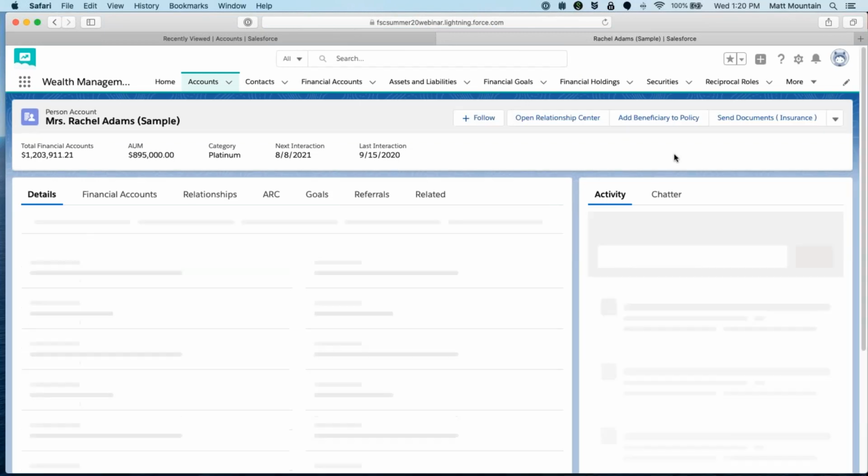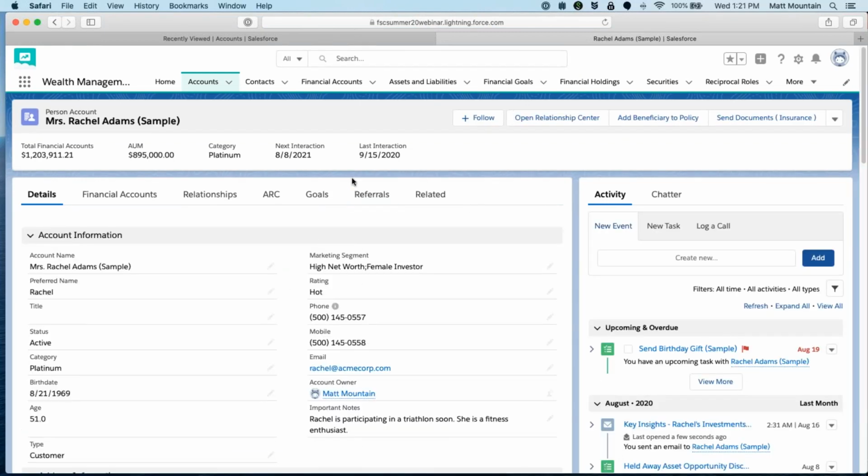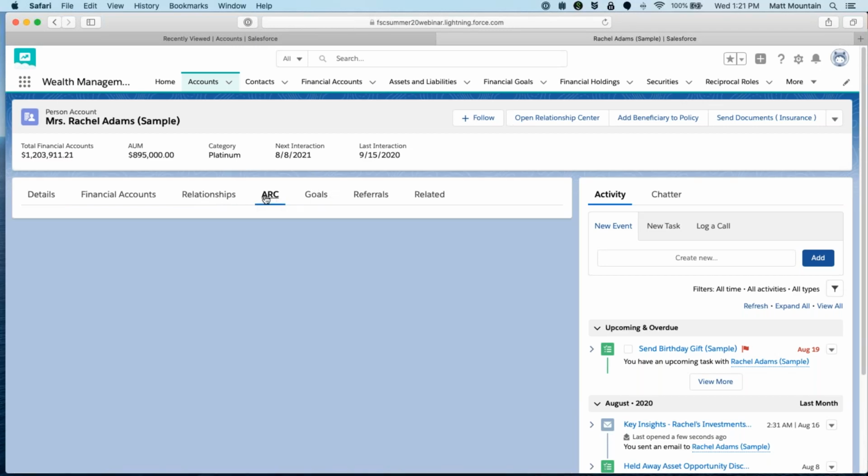Now, implementing the ARC into production, you're really going to want to do change management and work with your users to figure out, does ARC complement the relationships, or does it get rid of the relationships? Again, this is version 1.0 of ARC, so I don't think it's going to remove the relationship tab here, but that's something that, as we get into it and play with it more, everybody can make up their own mind on that, okay? So that is the ARC,